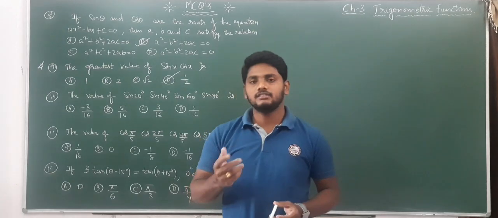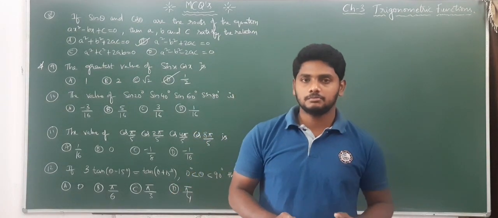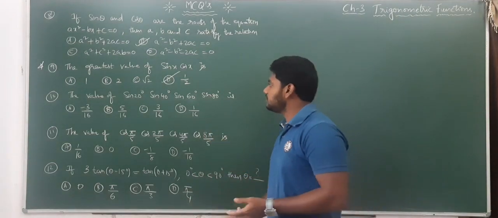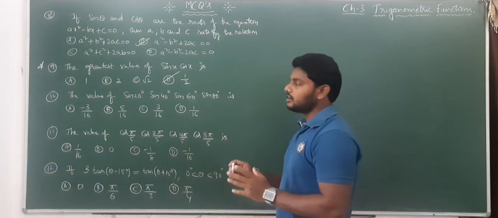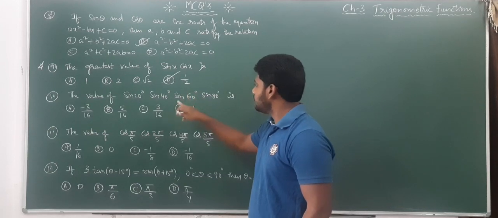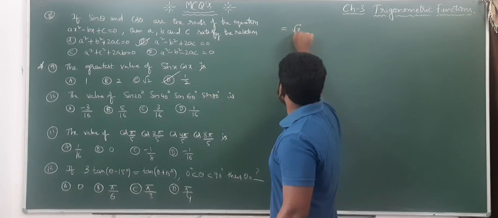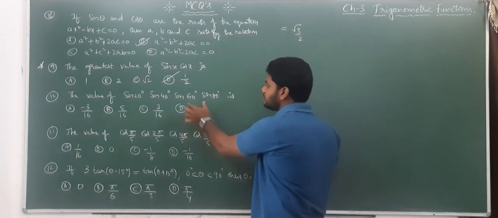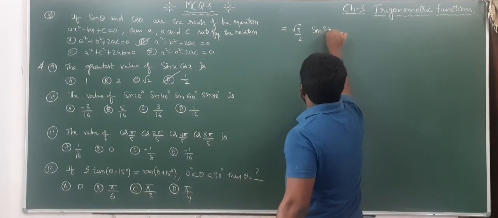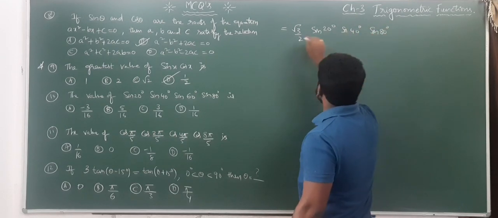Listen carefully. Think once. Cos of A plus B minus cos of A minus B, you will get minus 2 sin A sin B. In that form you will get. So if you want to convert into like that, we need to select that. Now instead of that, if you observe these four, we know the value of sin 60. What is sin 60 degrees value? Sin 60 degrees is root 3 by 2. All are in multiplication. Now first I will write this value, sin 60 root 3 by 2. Next what is there? Sin 20 degrees, sin 40 degrees, sin 80 degrees.